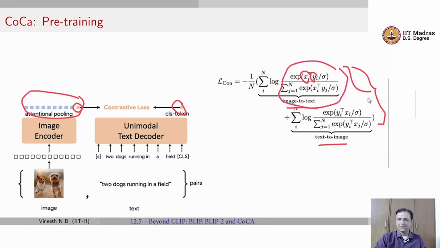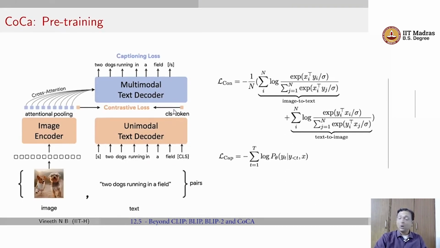Okay, here is the equation that they use. We are not going to walk over the equations. This is a fairly straightforward form of contrastive loss that they use. Now as I mentioned, these are combined now from the image encoder. All the tokens that they obtained undergo cross attention with the text decoder's outputs. That results in the multimodal text decoder which also outputs the final caption that comes out of the model.